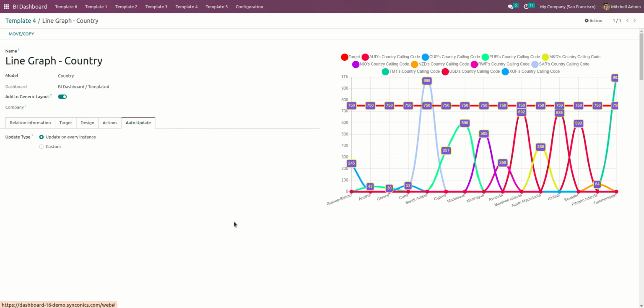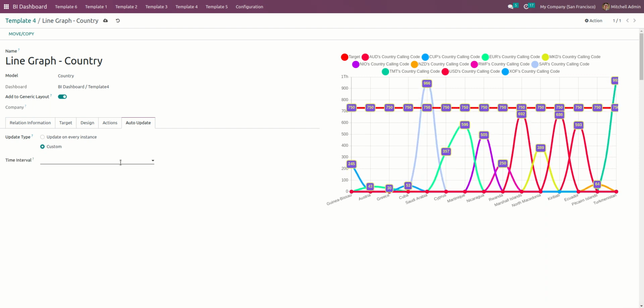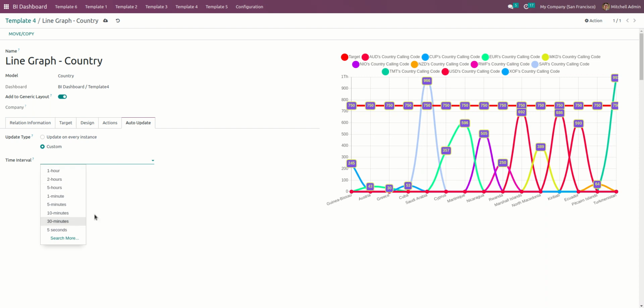If I want to set auto update of this graph, by default when the data related to this particular condition changes or any new data is made, the graph output will automatically change accordingly. But if you want to set a timer for this update, the time interval of this graph, then you can also set it. Again, we have made a separate video on how auto update works for different graphs, so you can also check it out in the playlist of this dashboard.